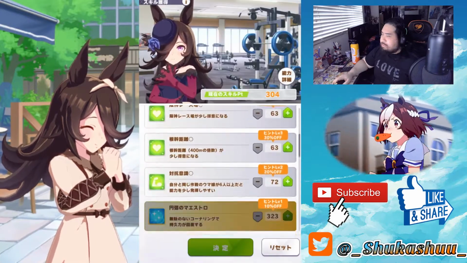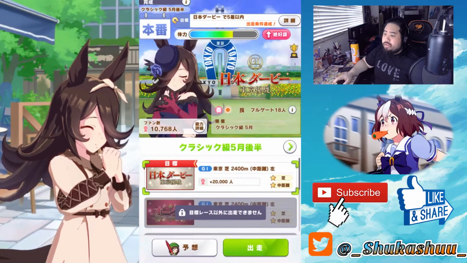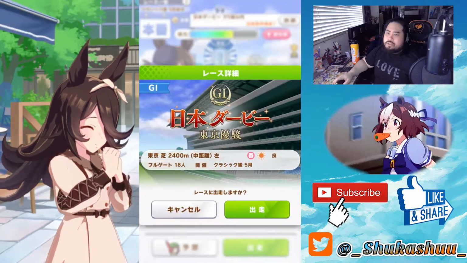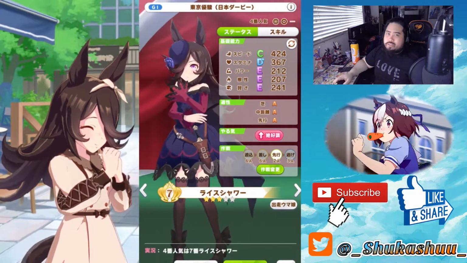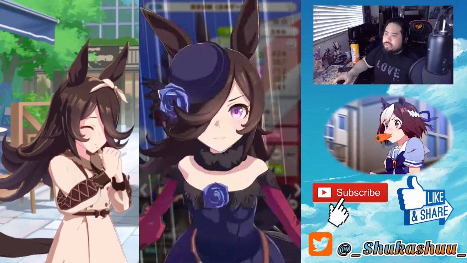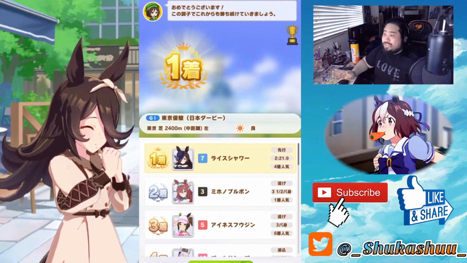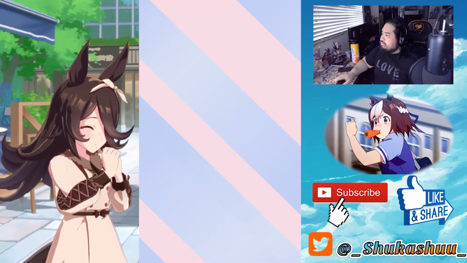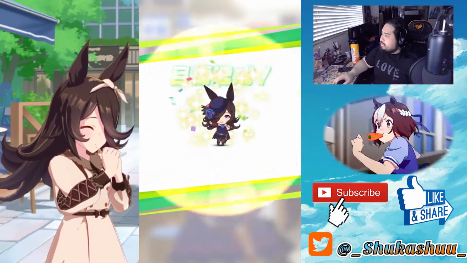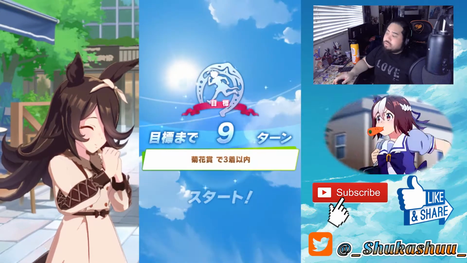As for the parent cards, I said I did use Agnes Digital, and I think I used my Mihono Bourbon one because like I said, I was trying to focus on escape towards the end. As you can see, I started skipping races because it started taking too long for normal runs. So typically you want your speed and stamina to be the highest. Mine of course was speed,